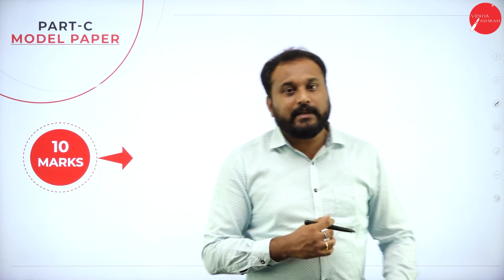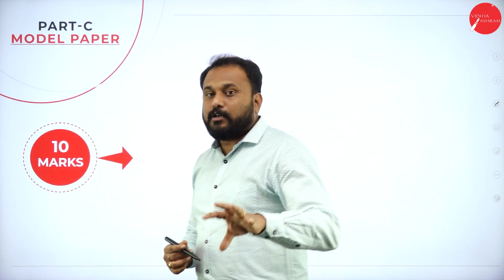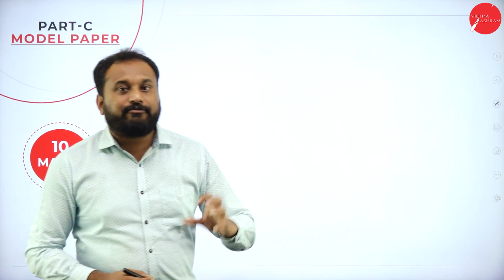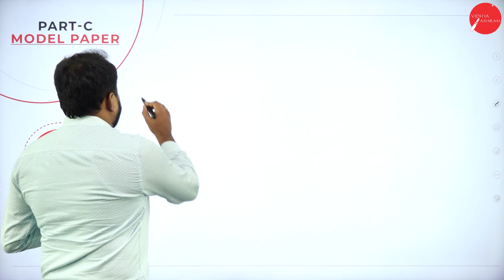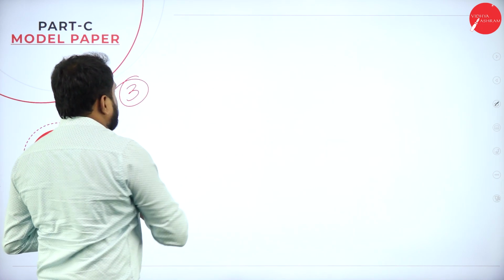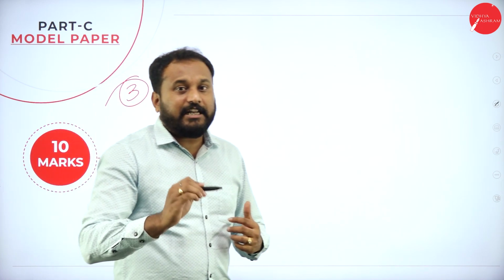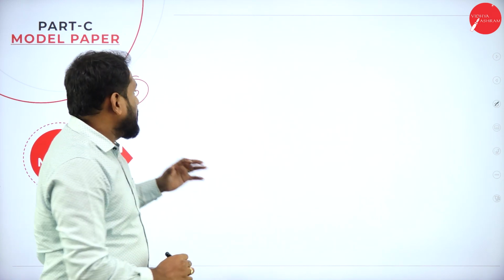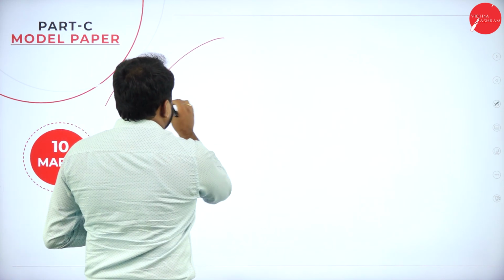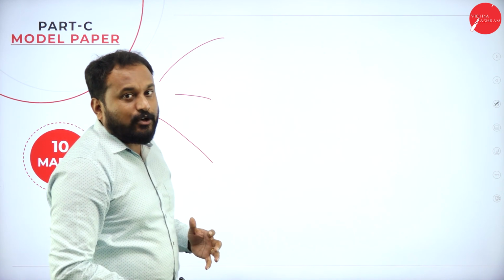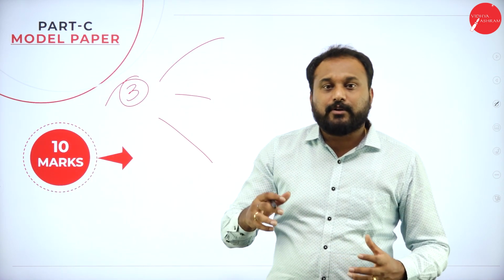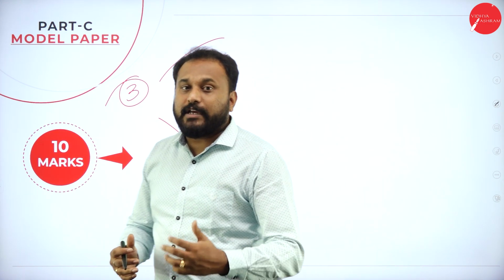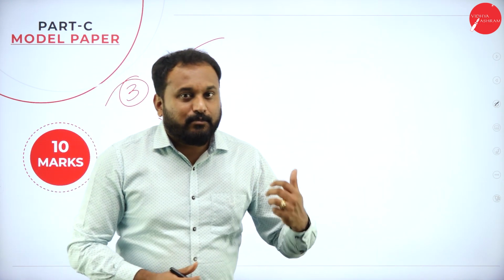I'll tell you how to go with part B. I told you that part B consists of 5 questions, and in those 5 questions, we are supposed to write only 3. I'll tell you which 3 chapters you are supposed to study so that you will get 75 marks out of 80. You can go with the first chapter, the introduction to management, or the planning chapter, or leadership and motivation.